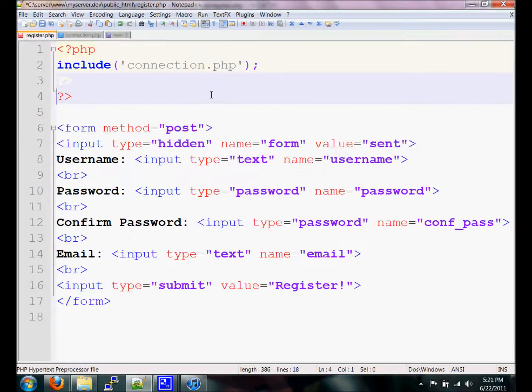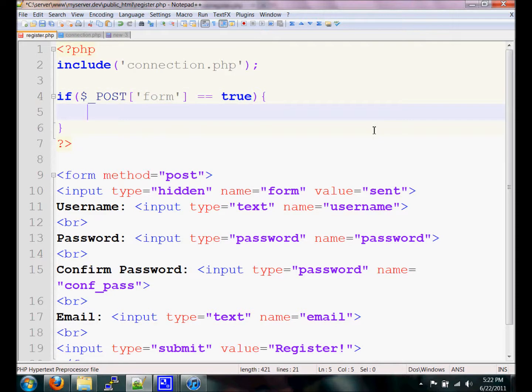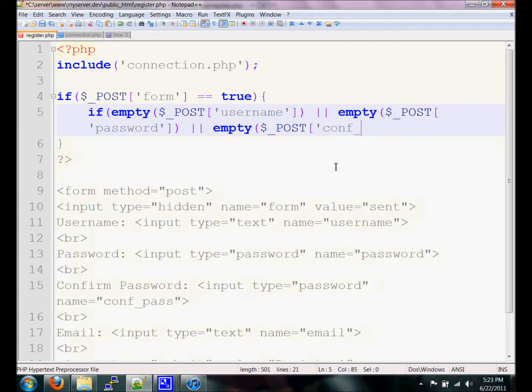So within our PHP tags, we're going to create an if statement in order to recognize if the form's been sent. Because it's being sent to the same page, we can make this if statement on this same page. So if our hidden input, which is called form, so if post form equals true, then we want to check to make sure all the fields are filled out, because we want all these to be required. Say empty, because empty covers a lot of things. So let's say empty post password, or if conf_pass is empty, because we want both of them to be set,